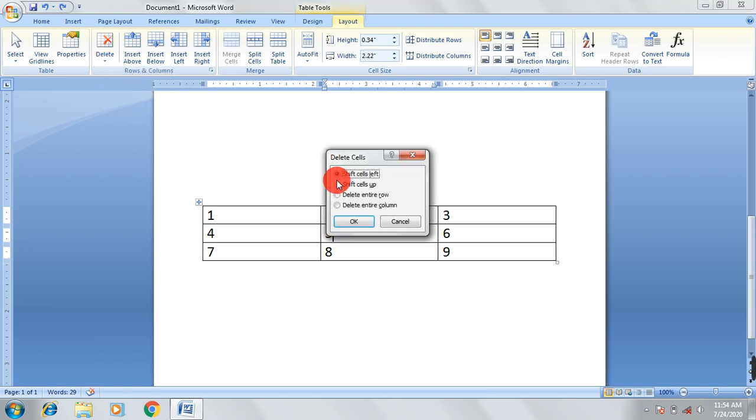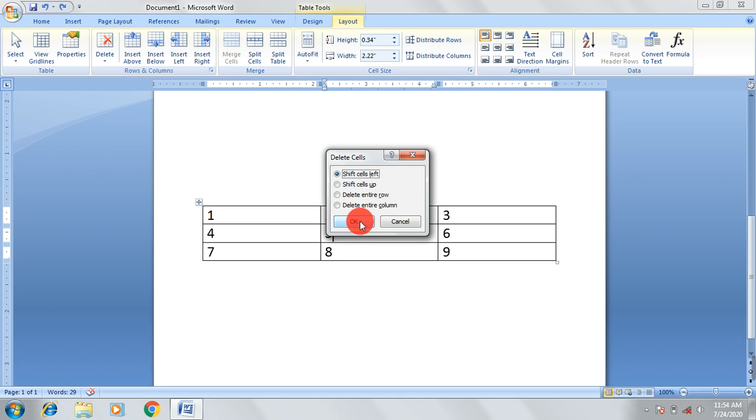Here 4 options are given: shift cells left, shift cells up, delete entire row and delete entire column. We don't have to delete an entire row or column, so there's no need to choose the last 2 options. We can choose either of the first 2 options: shift cells left or shift cells up. I'm going to show you shift cells up.